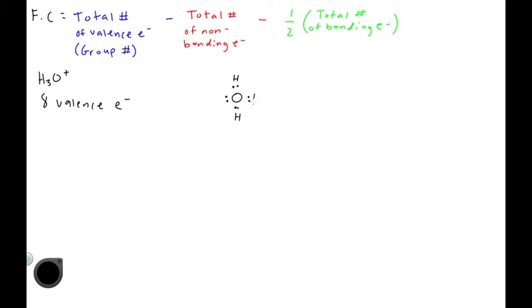So let's go ahead and add 1 hydrogen right here. So now for our last step, we want to draw a bracket around our molecule and then add a positive sign at the top right. So this is our H3O plus,